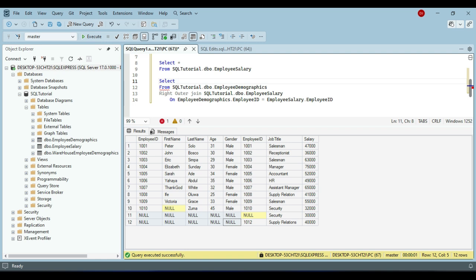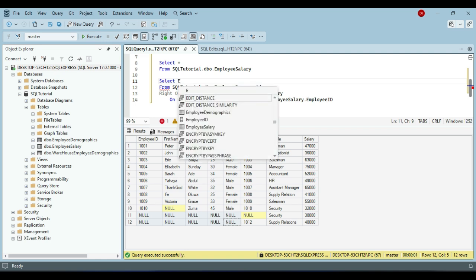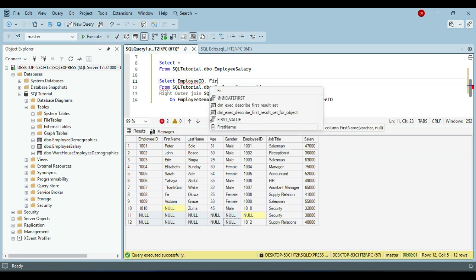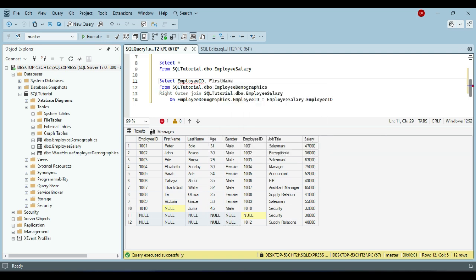So you just need to specify. How do we do that? Well, we call on each of the columns that we may need. So let's say employee ID, let's do first name, let's do last name, let's do job title,